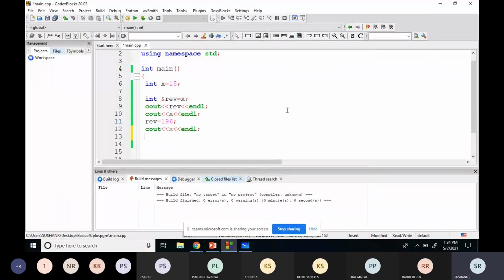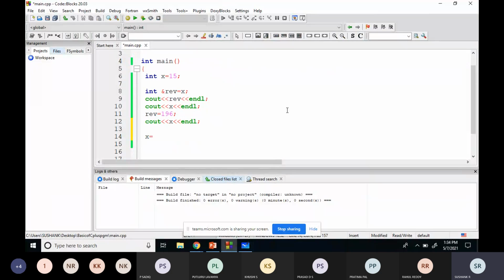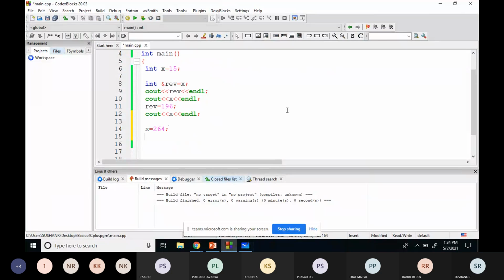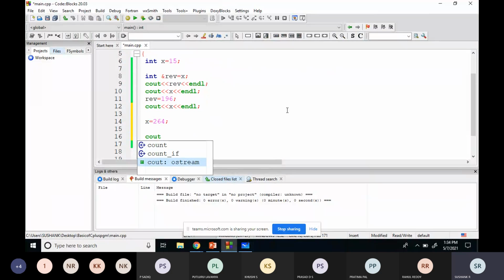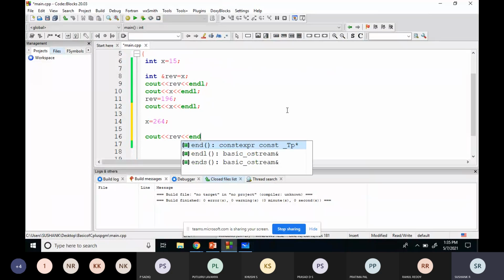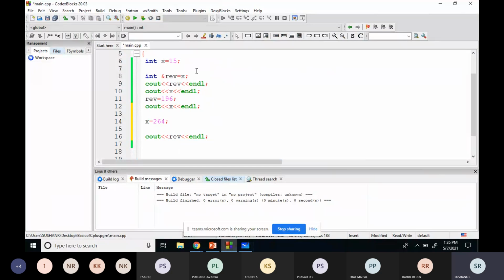Or if I change the value of x to 264 and print the reference variable rev, the value will be 264.